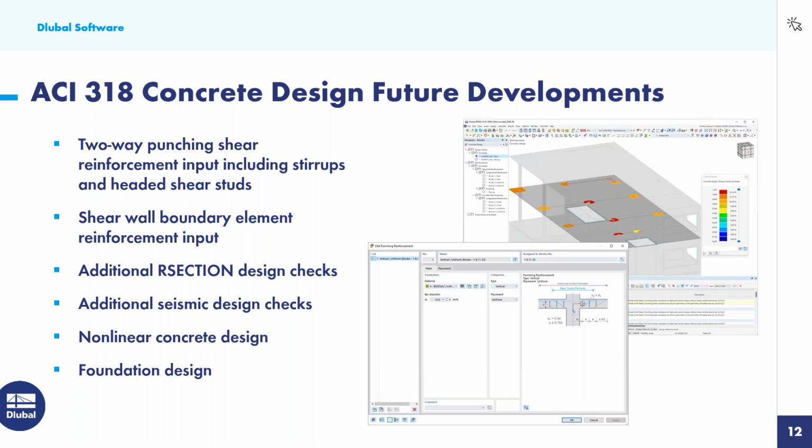In a similar manner, the shear wall boundary element reinforcement input. Again, we're running this design check for shear walls, but we're only going to flag you if that boundary element reinforcement is required. So we want to also add in an easy input option under the shear wall to input that reinforcement. As mentioned, for those R section, those custom cross sections, we want to continue to allow additional